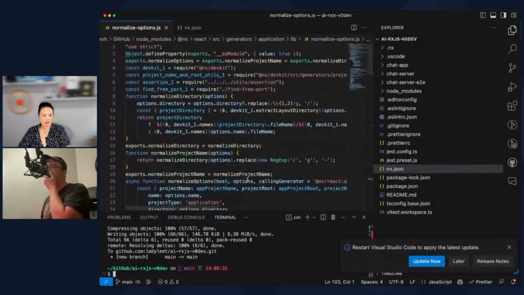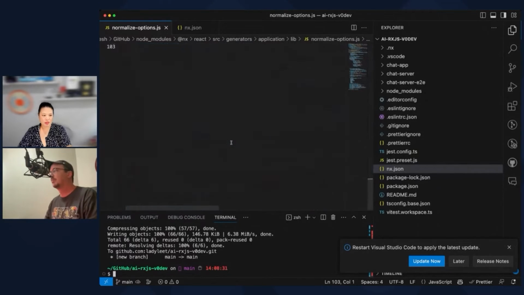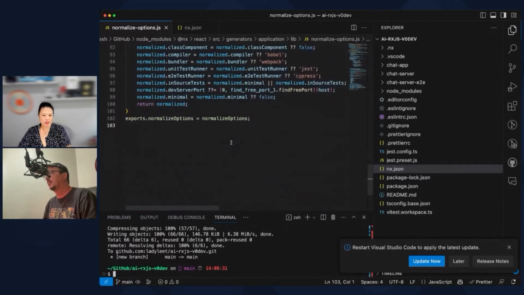Do you have the other code up? Yes. Because I don't have it here. I can see if I can find it. I gave you access to the GitHub repo. I got it.